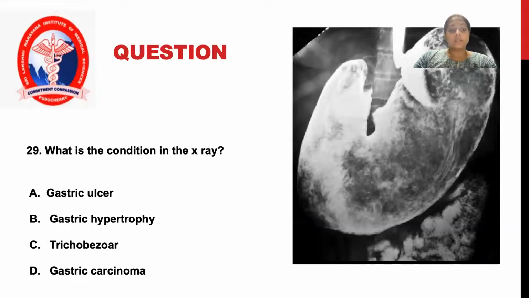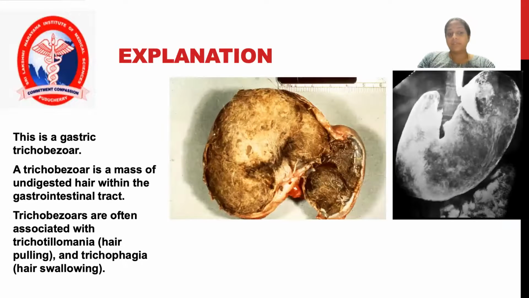What is this condition in this X-ray? Is it a gastric ulcer, gastric hypertrophy, trichobezoar, or a gastric carcinoma? This is a case of trichobezoar. Trichobezoars are again commonly seen. A trichobezoar is a mass of undigested hair within the gastrointestinal tract. Trichobezoars are often associated with trichotillomania or trichophagia, hair swallowing. This is a gross image of a trichobezoar, whereas this is the